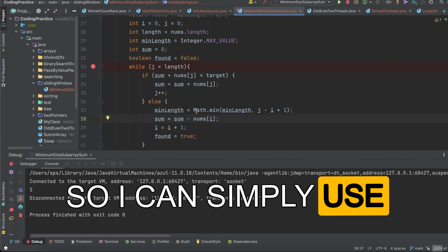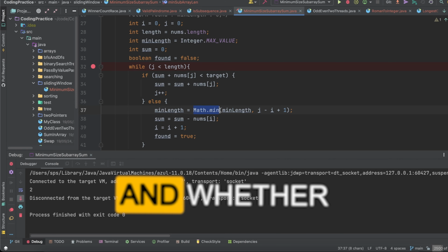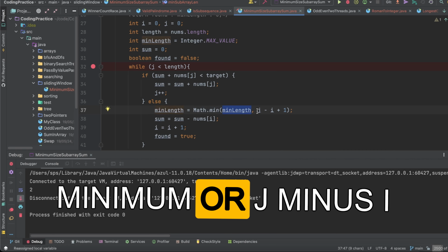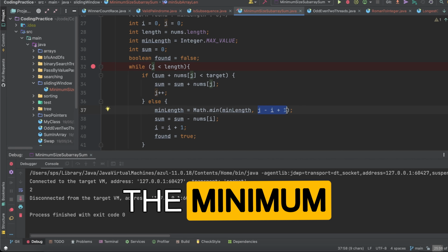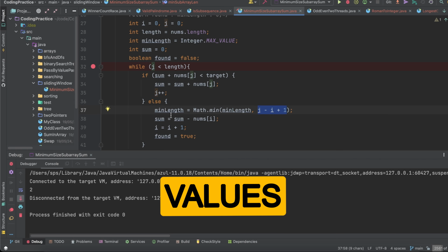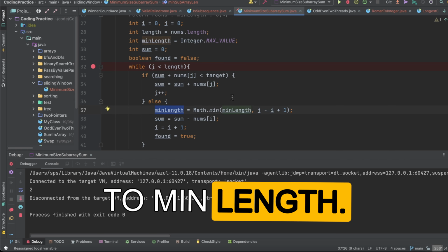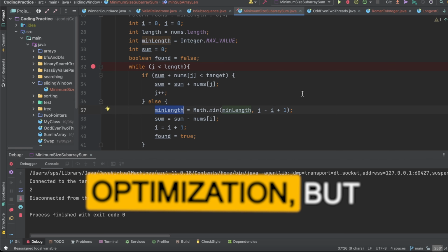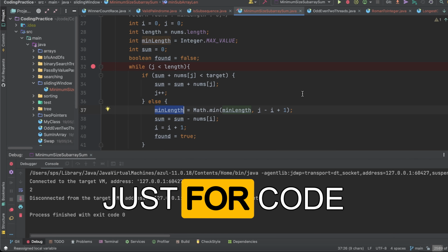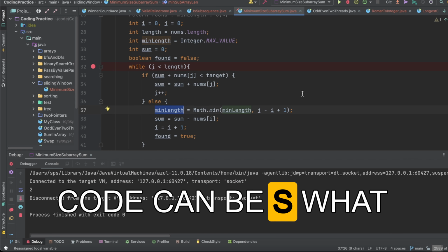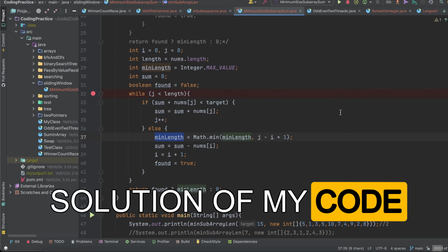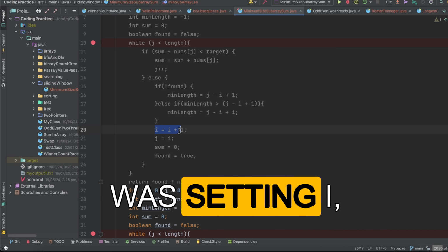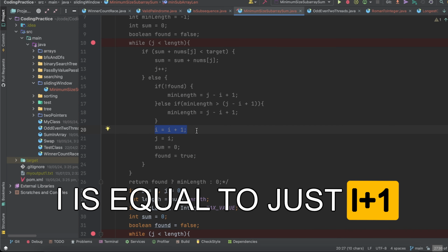So I can simply use the math.min function, and whichever is minimum out of minimum length or j minus i plus 1, assign that value to min length. So this was the first optimization, but this is just for code clarity, code cleanliness. What improved the solution of my code was, here again I was setting i is equal to i plus 1